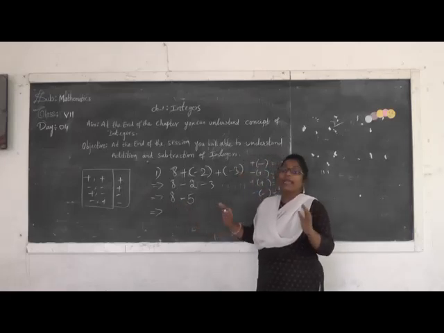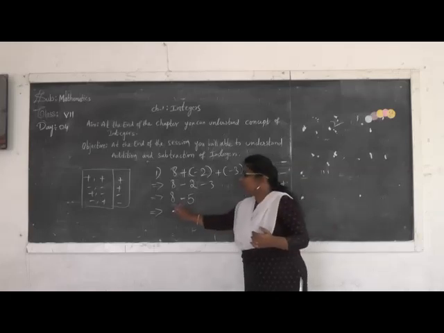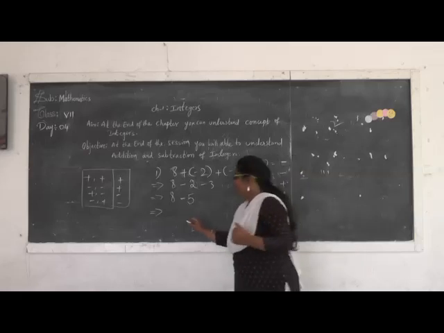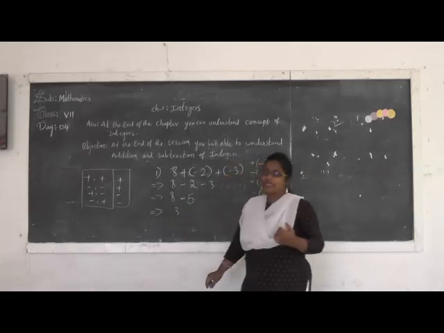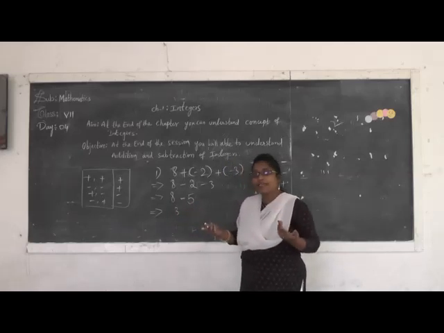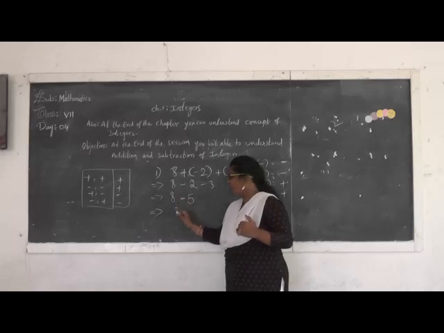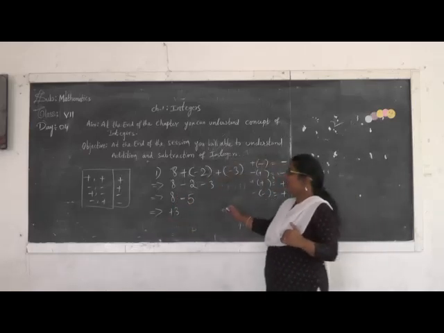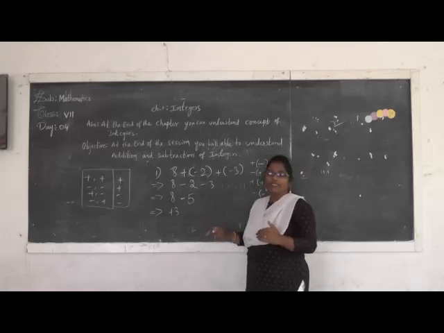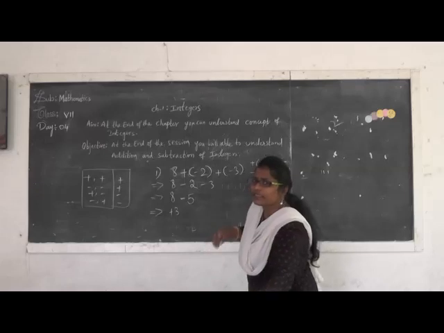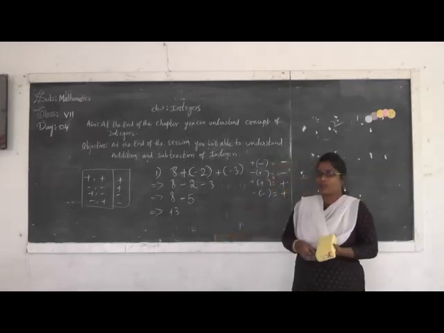What do we have to do? 8 minus 5 means we have to do subtraction. So, from 8, we have to remove 5. So, 8 minus 5 is 3. Now, observe the numerical terms 8 and 5. Which is bigger? 8 is bigger. Since 8 is positive, we keep the result also positive. In this way, we have to simplify the addition of integers. Clear? Now, next let's take some examples of subtraction of integers.